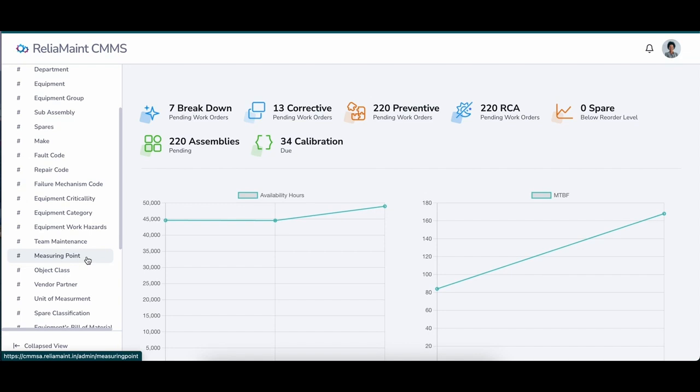For example, if oil pressure should always be more than 5 kg, we create one measuring point, assign it to the equipment, and monitor the oil pressure value. Once the oil pressure drops below 5, it triggers a work order.